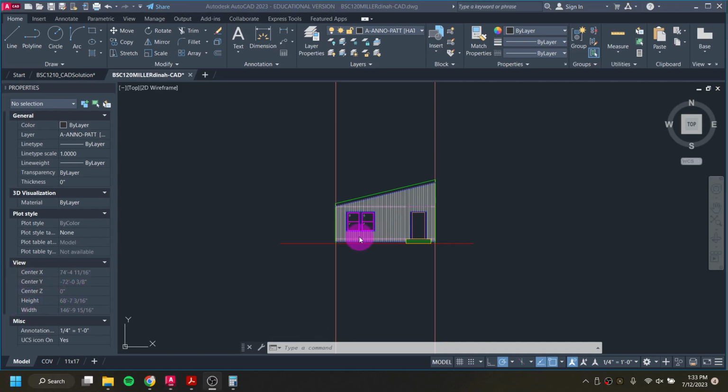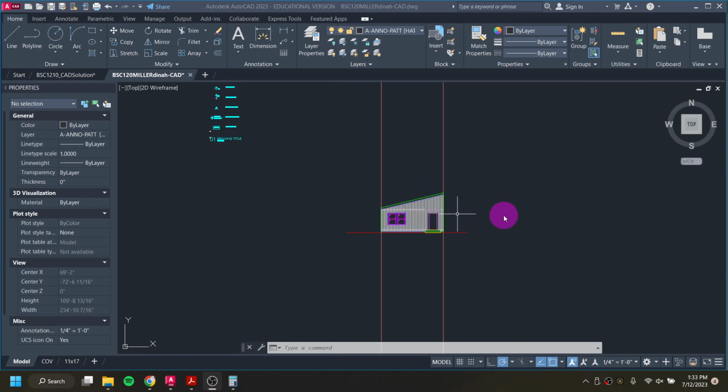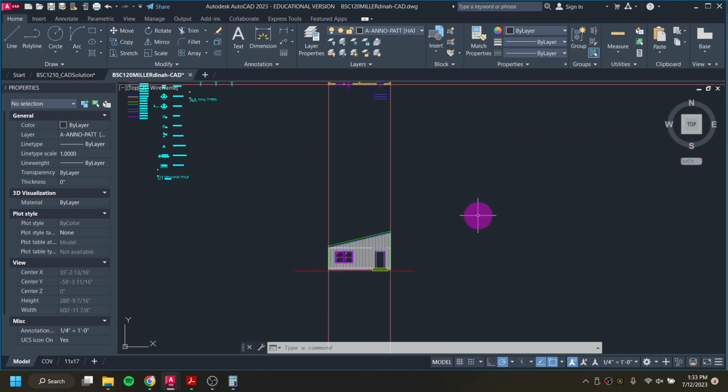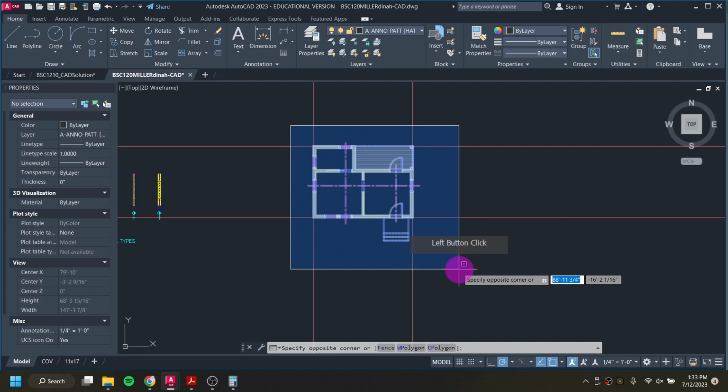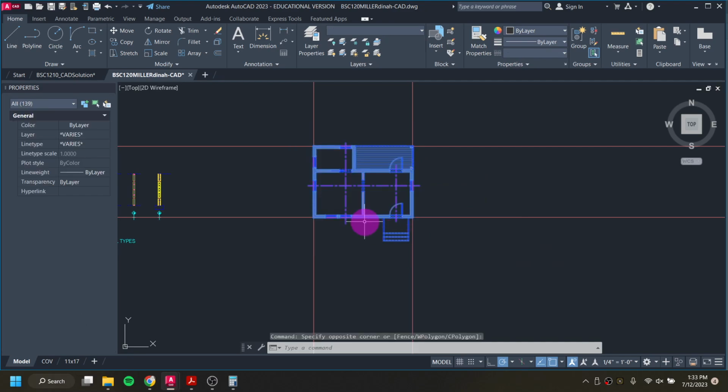Okay, for our next elevation, I'm going to take a lot of what I already have existing in this one and again in my floor plan and use it to help build out my second elevation, my east one, over here on the side. So what I'm actually going to do is take my whole floor plan here by highlighting all of it,